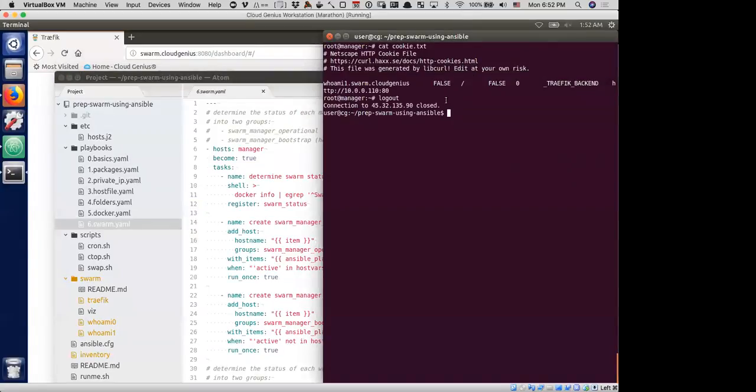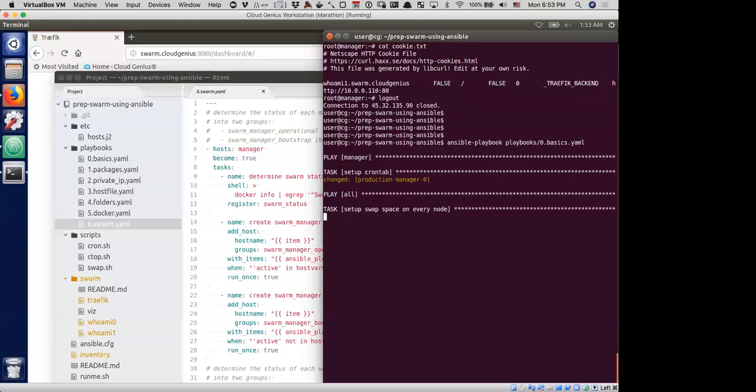Now we know Ansible is idempotent, right? Idempotent, meaning you can run the same command over and over and it doesn't matter. It doesn't hurt. And so we will run all these commands just like that without having to change anything. We just run ansible-playbook and then playbook basics and just run it. It will do nothing on the other machines, just focus on this machine and come back and do its thing,